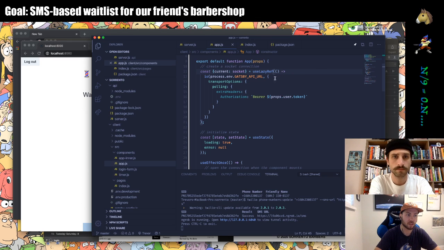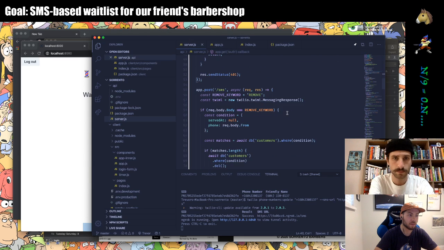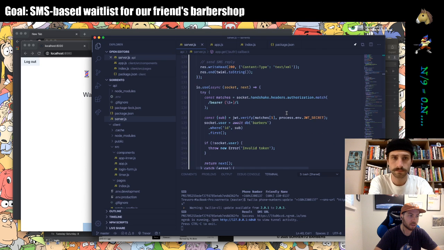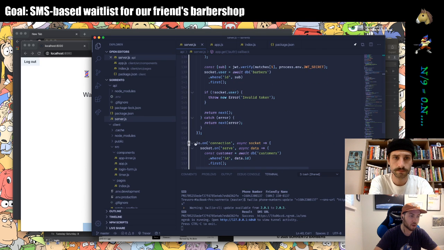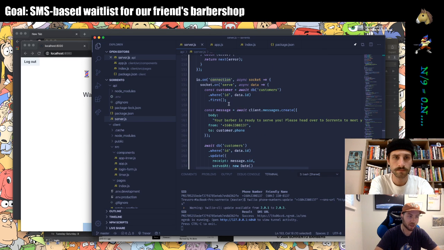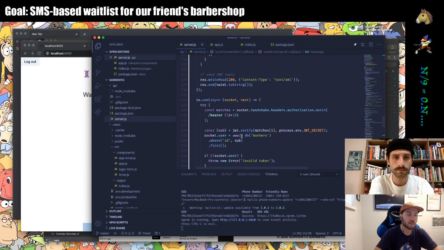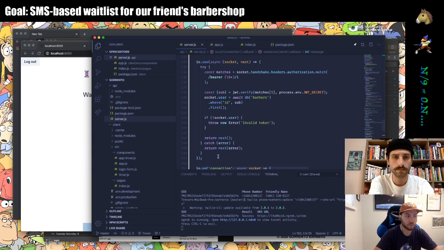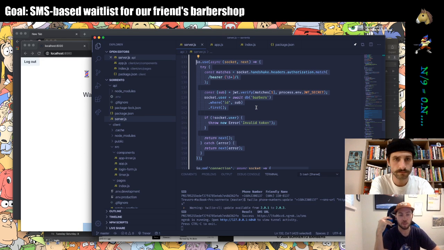So when we're creating that socket connection, we send the authorization header, and then on the server side, we want to handle that. So down here, here's our old, well, not our old, but the connection block that we've had this whole time. So when we get a new connection, we set up all of these event handlers and all this stuff. But in order to handle this authorization stuff, I created a socket.io middleware. So this gets run when somebody tries to make a connection to our socket server. And what we do is we first try to